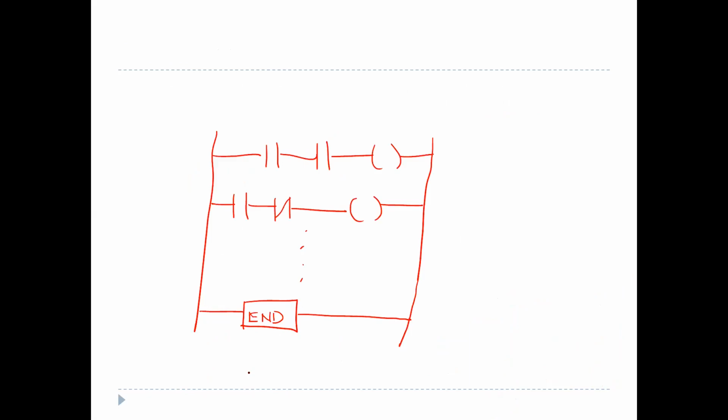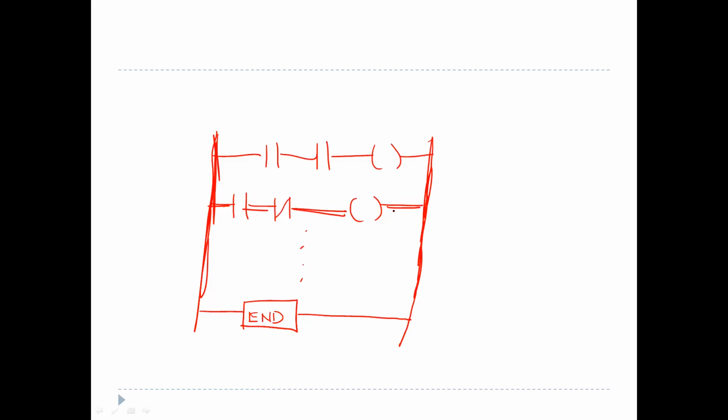Let's take an example of a ladder diagram. This is just a rough ladder diagram, to see what the rules are in drawing a ladder diagram. The vertical lines seen here, these two vertical lines, are called power lines, and all the horizontal lines in the program we call rungs. The ladder diagram must be read from left to right and from top to bottom.